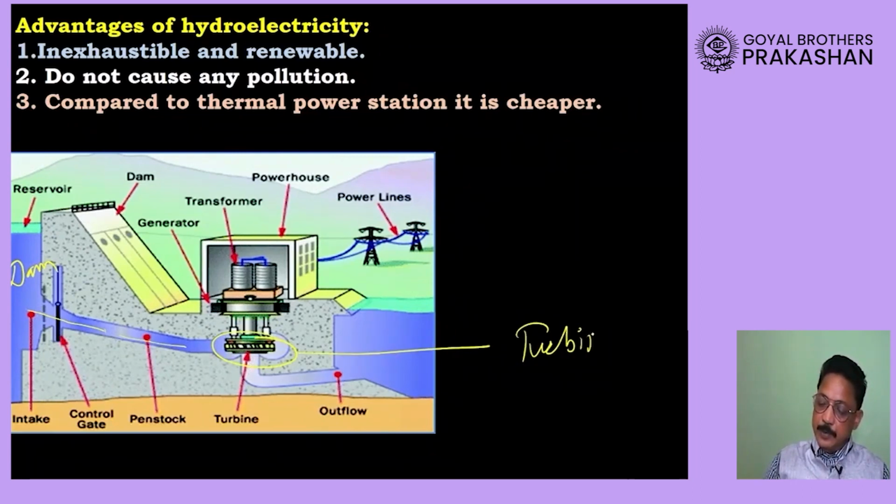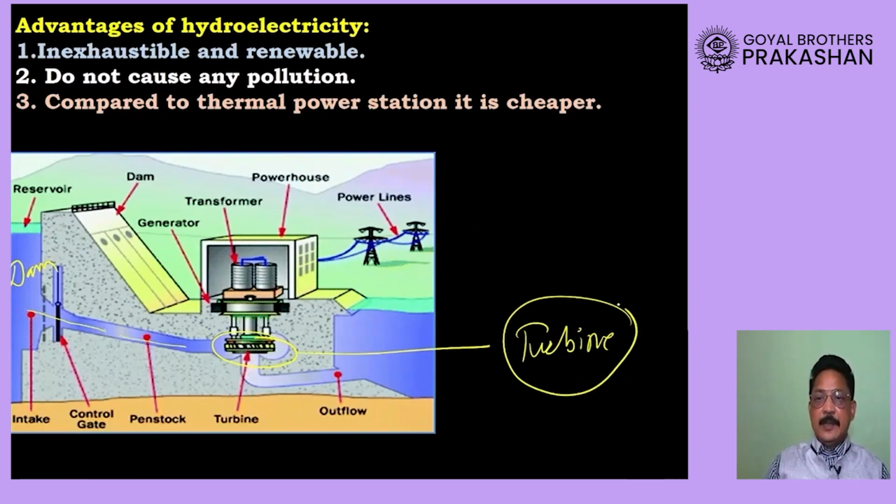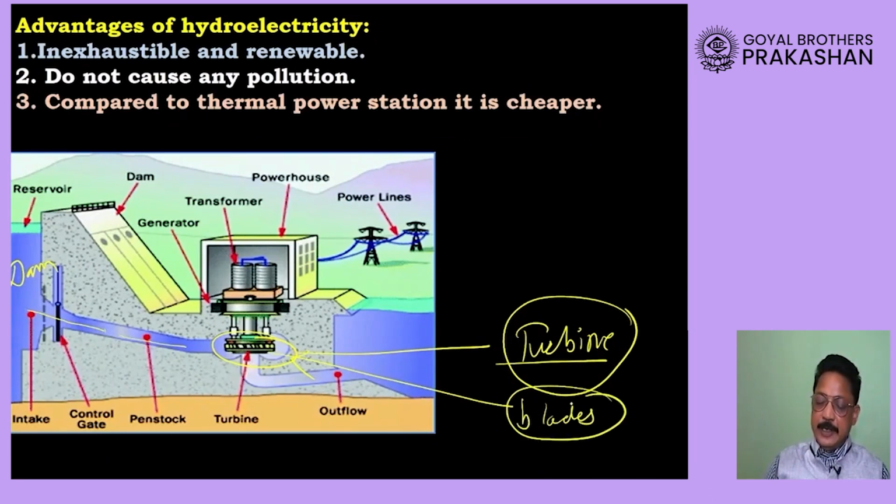Okay, now you will be studying about its working in physics. Okay, right now we will remember that turbines are having these blades, and when these blades, dear students, move, okay, that generates electricity. Okay, so this electricity, as I said, is inexhaustible, just like what? Solar energy, because water will definitely never get over.